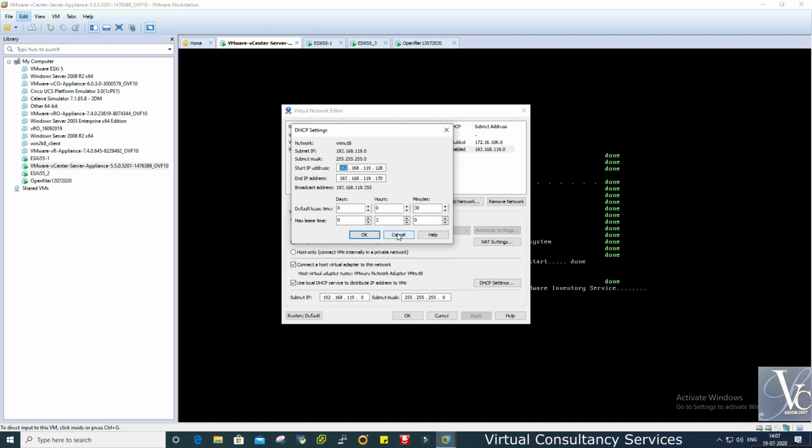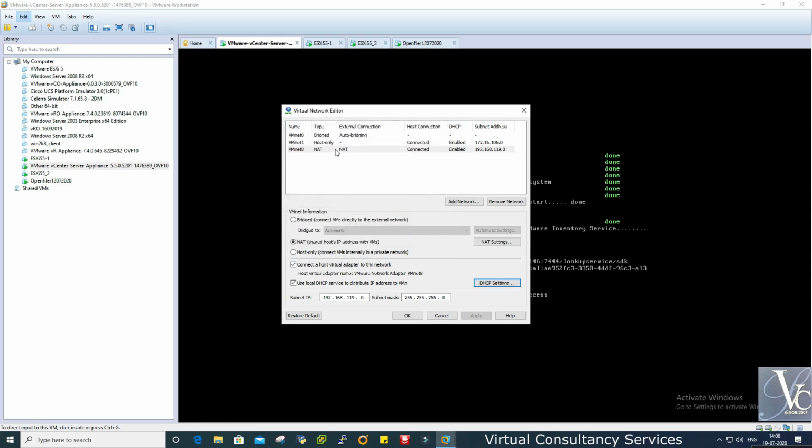So even if I create a VM on the ESX server, that VM will get the IP address from this pool only. This is the Workstation DHCP pool where we have set the NAT setting for every VM created in this workstation.